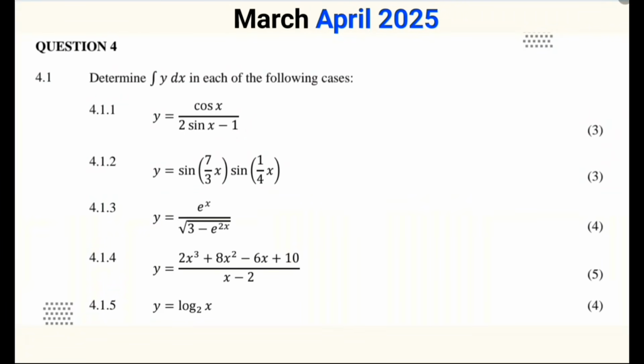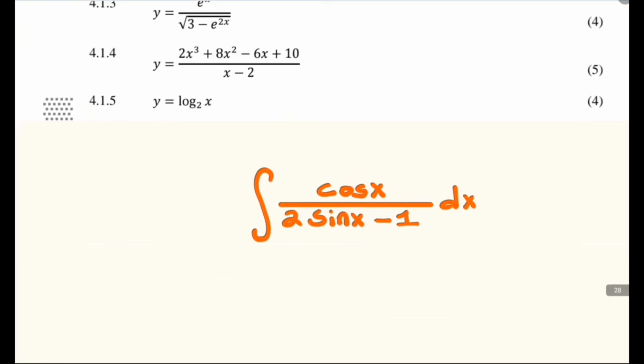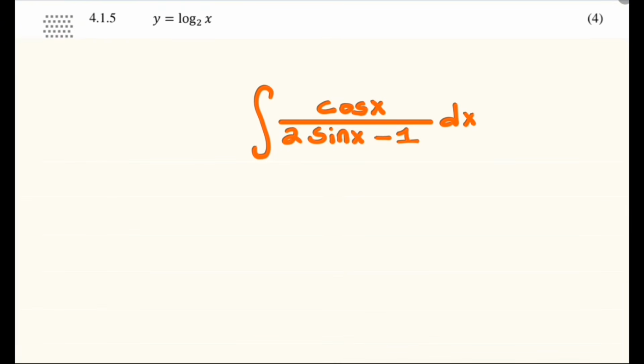My name is Bino. In this video, we go through question 4 from the N5 April 2025 question paper. Question 4.1.1, we integrate the following function and we have to use the substitution method. And we have two options. Either we let u equal sin x or we let u equal 2 sin x minus 1. So let's let u equal 2 sin x minus 1,